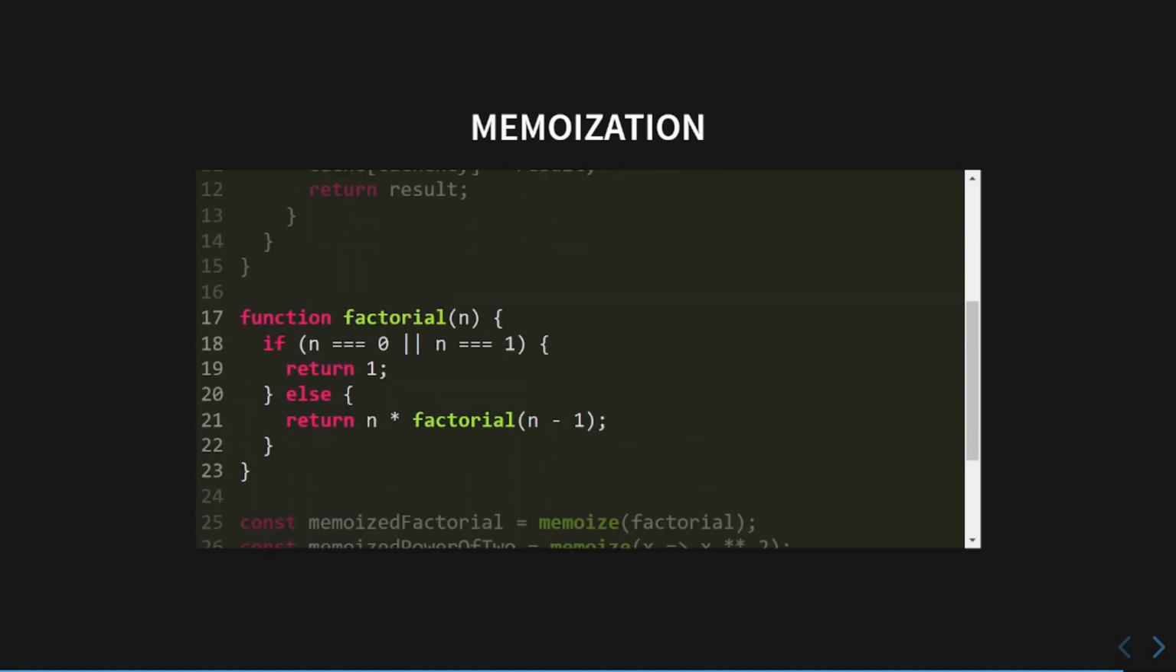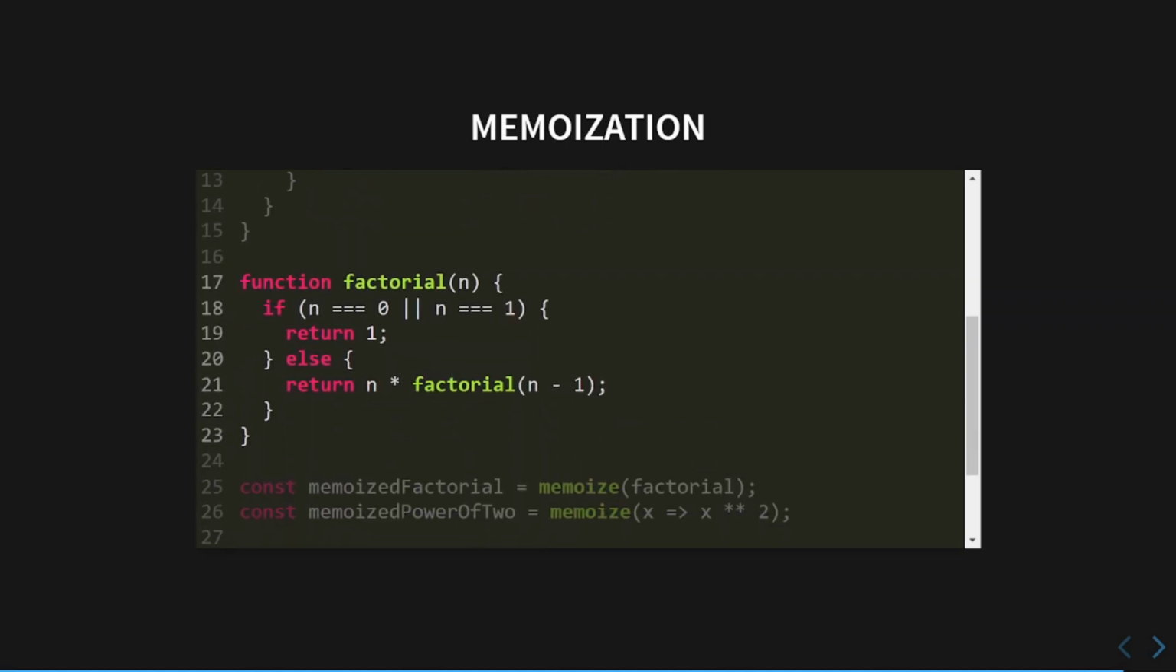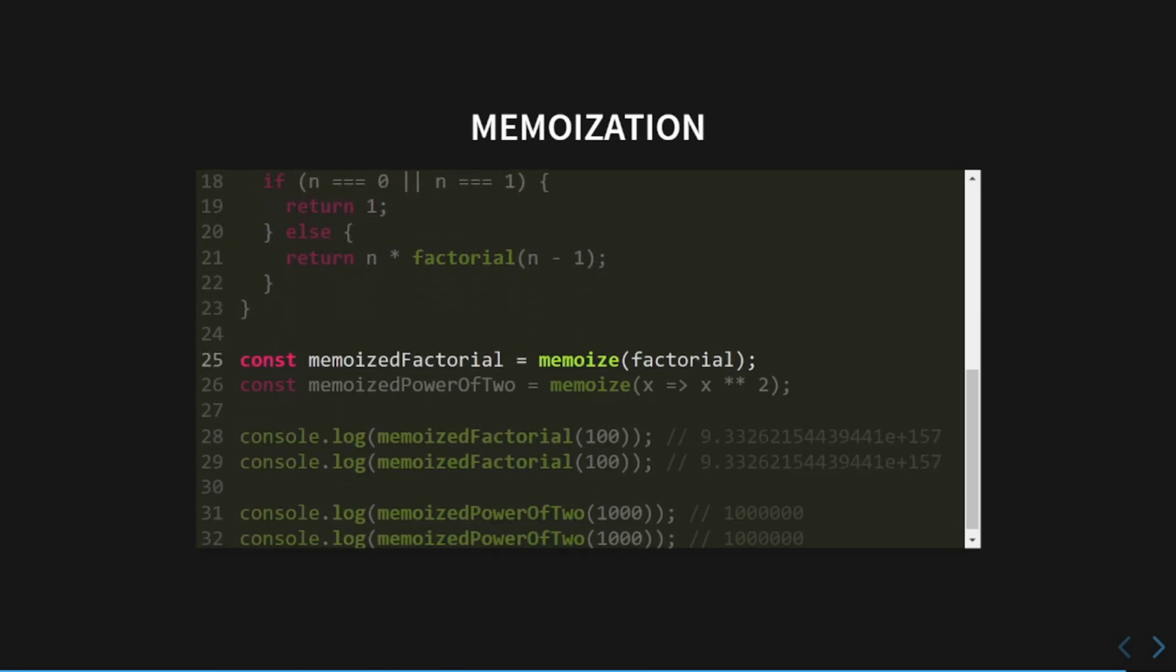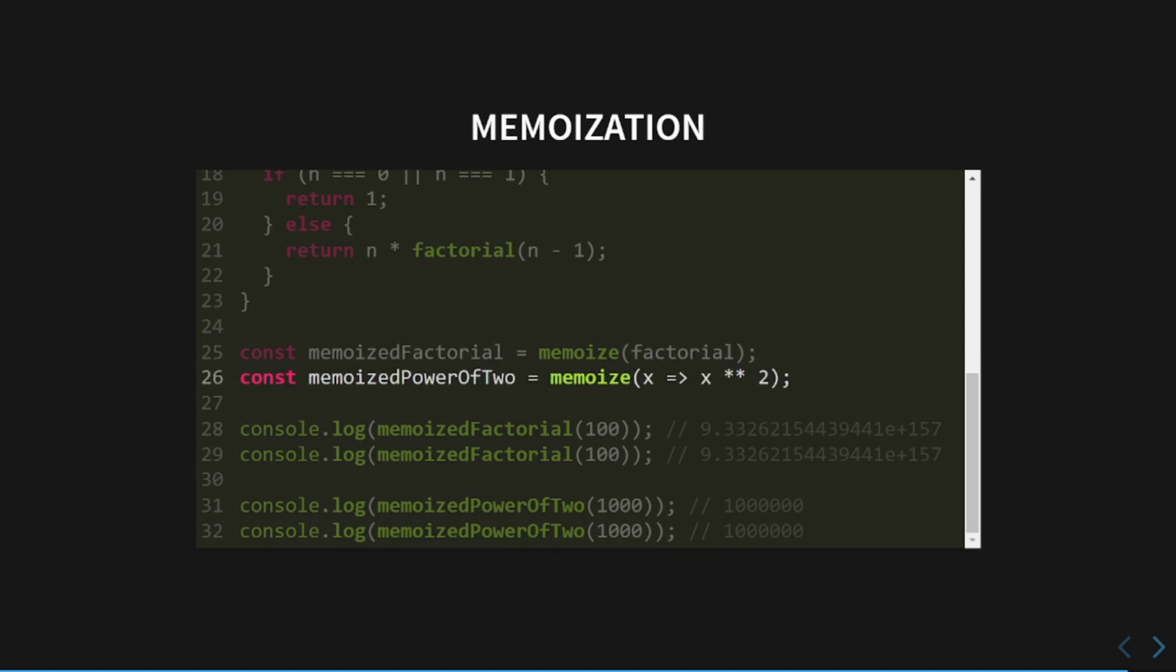To illustrate this, I have a factorial example. Now this is a recursive factorial, and these are notoriously inefficient, especially in JavaScript. But we can make this a memoized factorial just by passing the factorial function to the memoize function. And just as an example, I've done a memoized power of 2. So if we console log memoized factorial of 100,